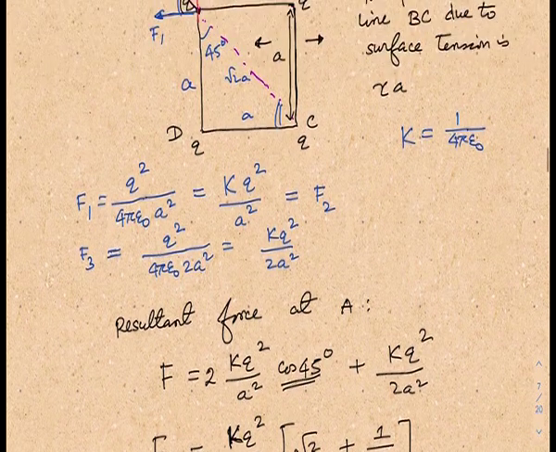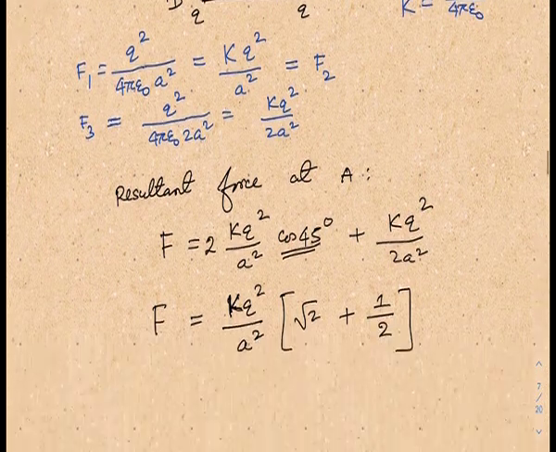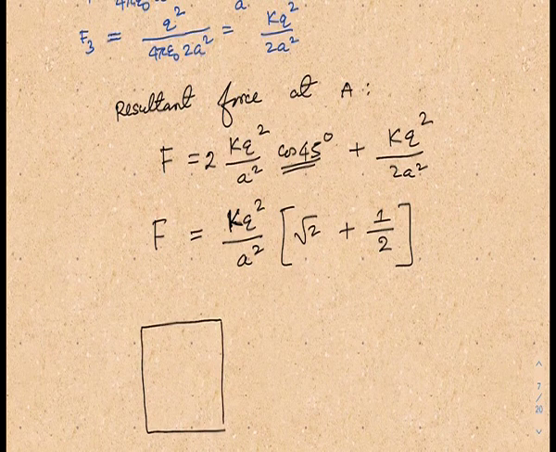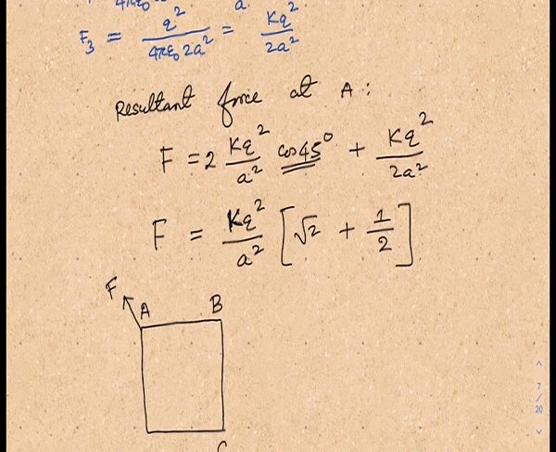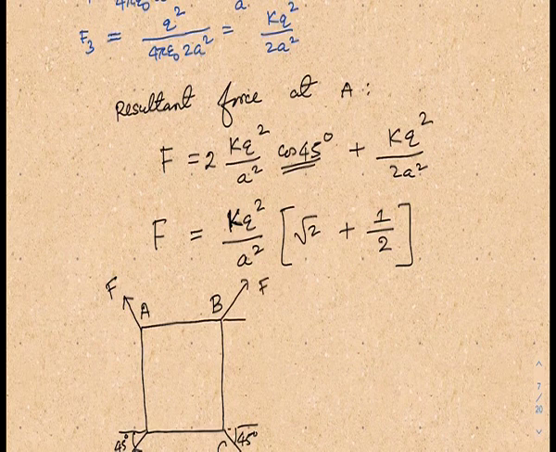Now actually, because all these are from symmetry, the same force would be at this side, at point B, point C, point D would also be there. So this is the kind of situation you are going to have. This force here is along this direction at this point A, B, C, D. Here also it would be along this direction, this 45 degree. This is F. Similarly here, 45 degree, and it's also here 45 degree.